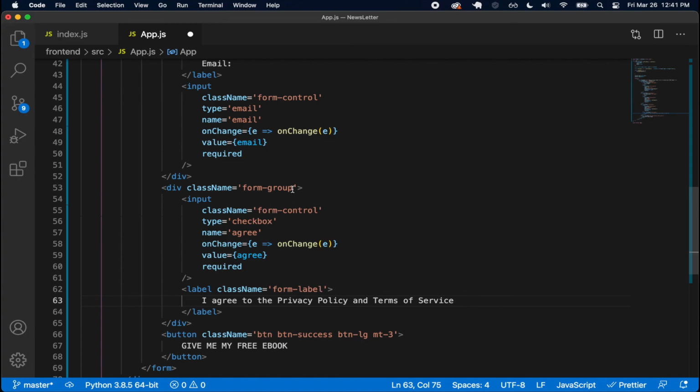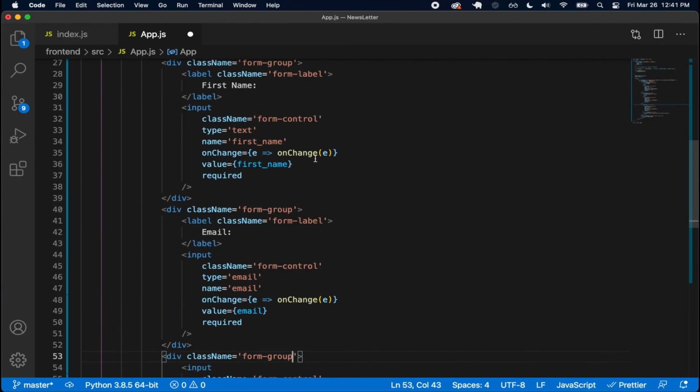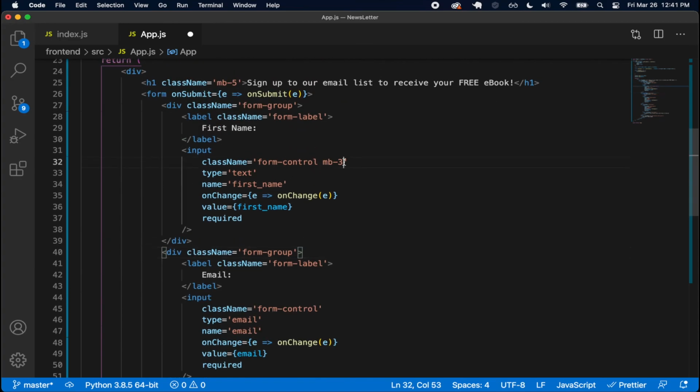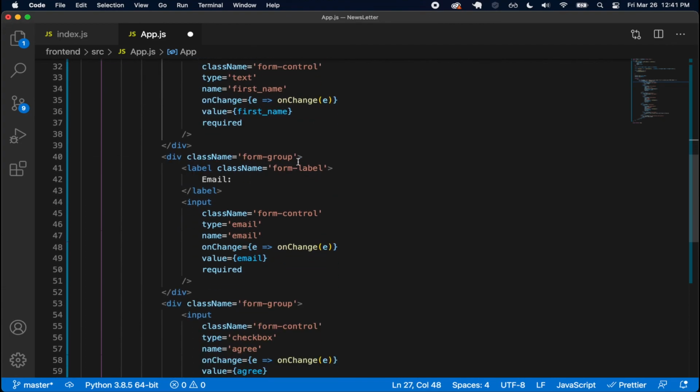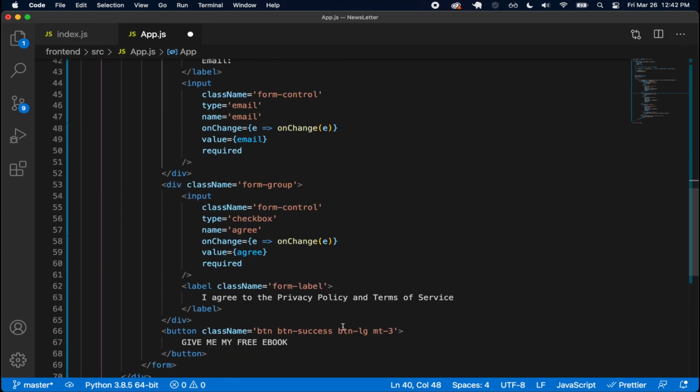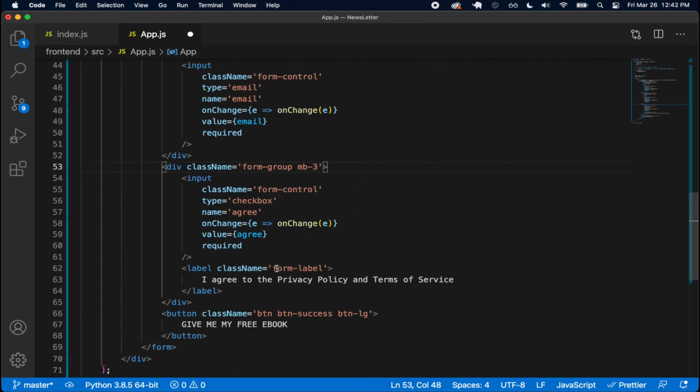And then let's also add some spacing between these things. So the first name I'm going to put margin bottom 3. And then on this one, I'm also going to do margin bottom 3. And also I did this on the input. I meant to do this on the form group. So margin bottom 3. And then on this form group, margin bottom 3. And then, I have the margin top on the button, so I don't have to add it to this, but just to stay consistent, I'll remove it from here and then just put margin bottom 3 on here. And then this right here is going to be form